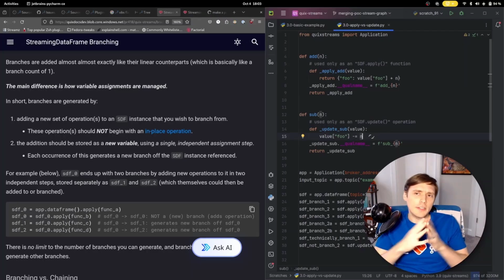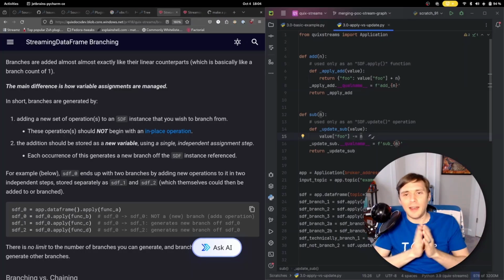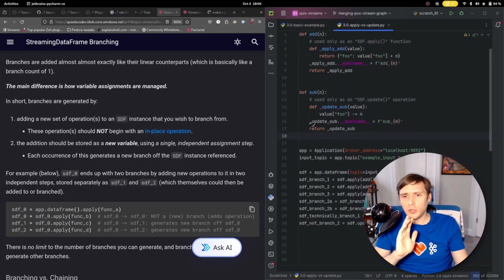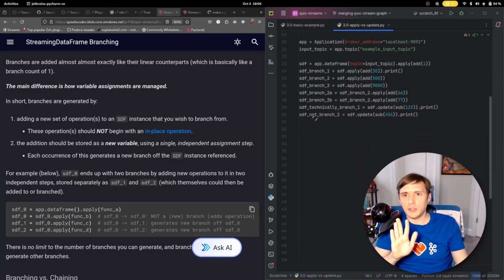And so the idea here is I have a dictionary. It's a dictionary with key of foo and value of 0. So nothing super exciting. I'm just adding and subtracting numbers to this. That's the whole purpose of this. So with that out of the way, you don't even really need to look at this other section of it. Just know that's how that is being applied. So with this, I now have an application. And I have my input topic that I'm reading that foo value from, and now I'm going to do my